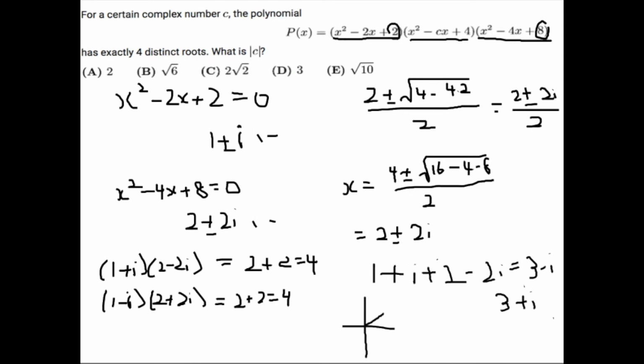So basically, for both of these points, if we work with a complex plane, this 3 minus i is going to correspond to (3, negative 1) on the traditional Cartesian plane, and 3 plus i is going to be (3, 1). And these points are both square root of 10 units away from the origin, since by the Pythagorean theorem, if this is 3 and this is 1, this is going to be square root of 10, right? So the answer is going to be